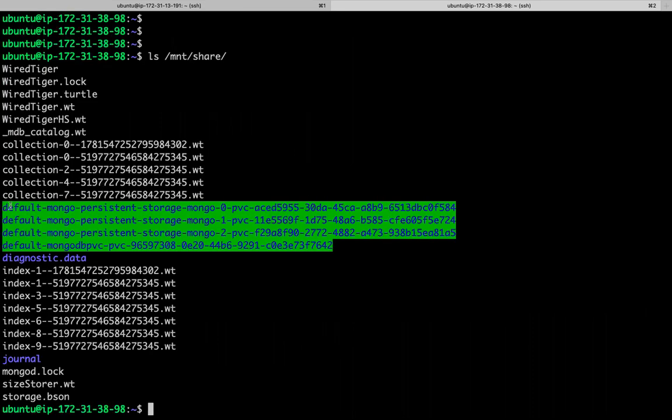If you see, what is this? This is one folder which is created under that mnt share.